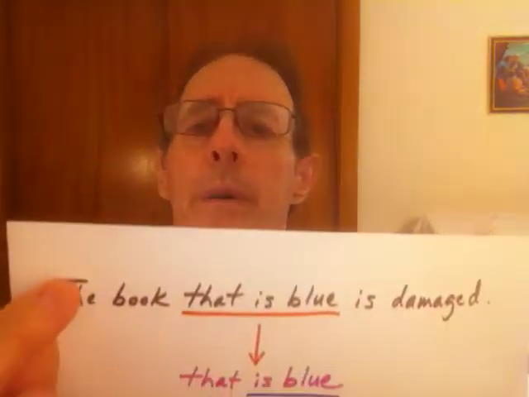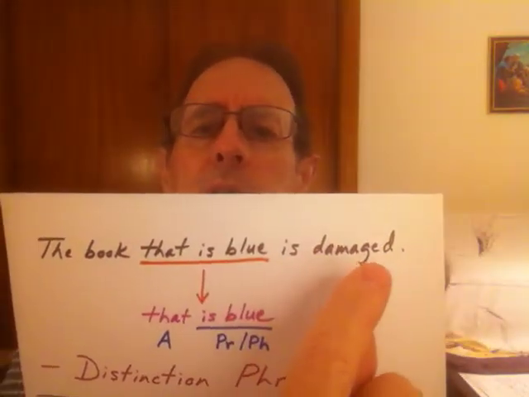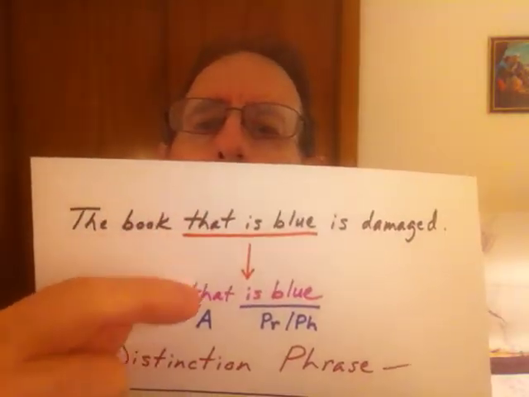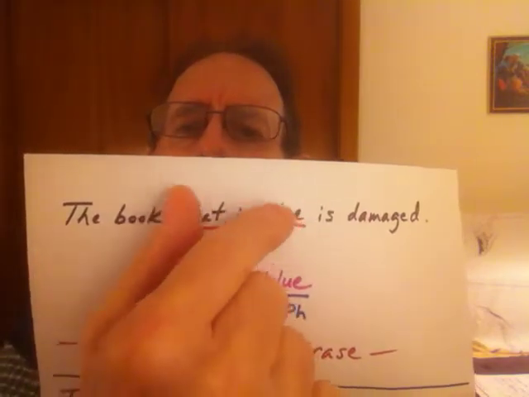Now, I say that to say this. To this point, if you followed what I'm saying, you might agree that the word that is not really categorically a pronoun. So we're getting to the point now where we finally say, well, what is this relative clause thing? What is it really? Well, the book that is blue is damaged. You're tired of hearing that, right? We extracted, we pulled out, we removed this. This is the isolated perspective. We pulled it out,